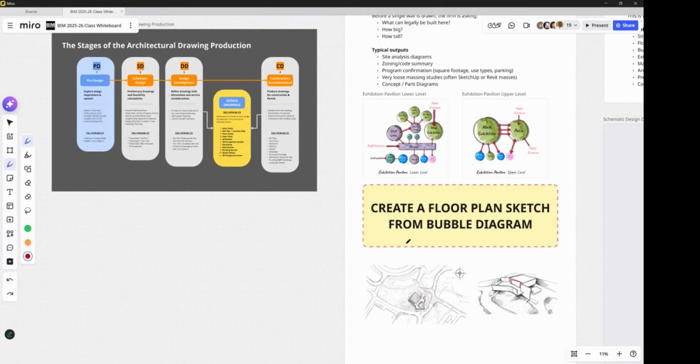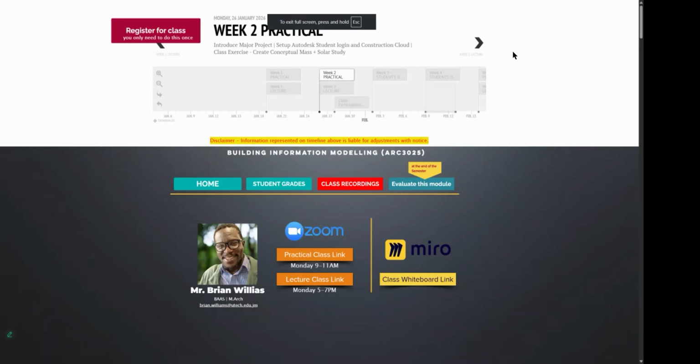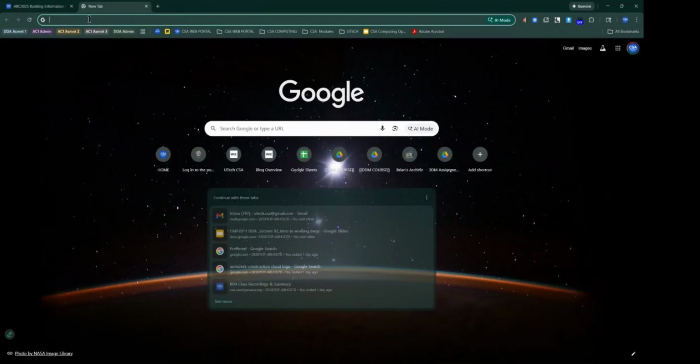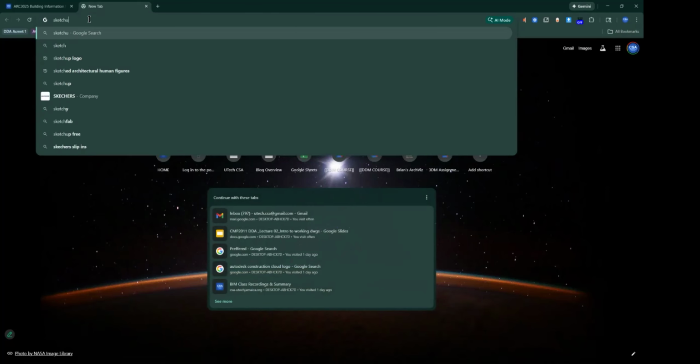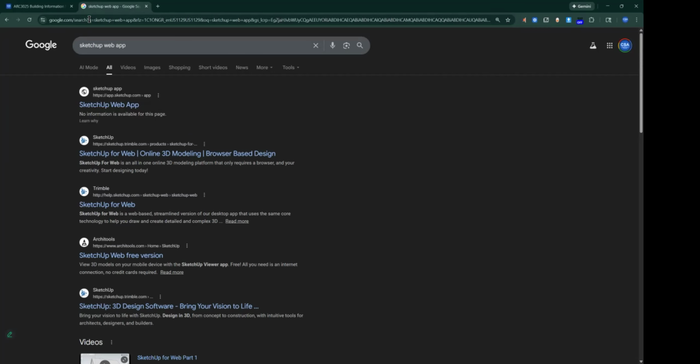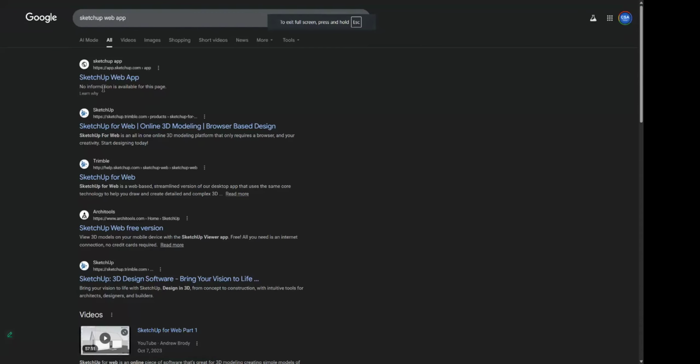All right, so I want everybody to fire up SketchUp. Remember, if you don't have the SketchUp program, you can just go to Google and type SketchUp web app, and it will be the first thing that pops up on the screen, and you just click it.